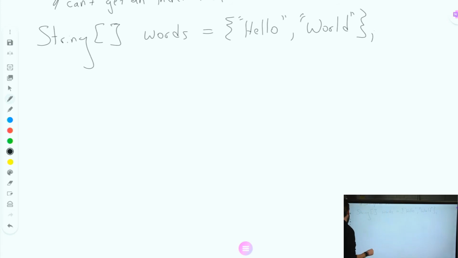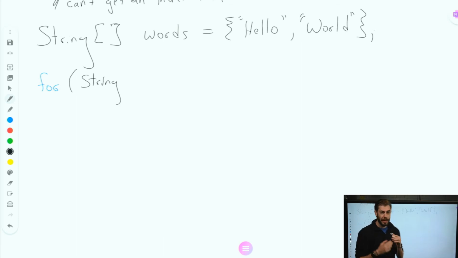Okay, so this is how we do a for each loop with objects. We can say for, and again, we're going to put our type. So this is going to be a string that we're going to save. And I'm going to do something that's pretty common in computer science, which is to use a shortened version of the plural. Oftentimes we do arrays in the plural, and then we do the for each loop using singular. So for string word in words,